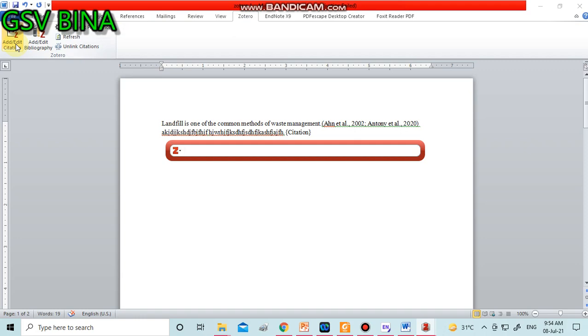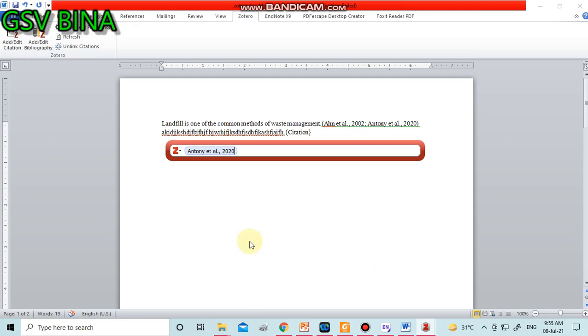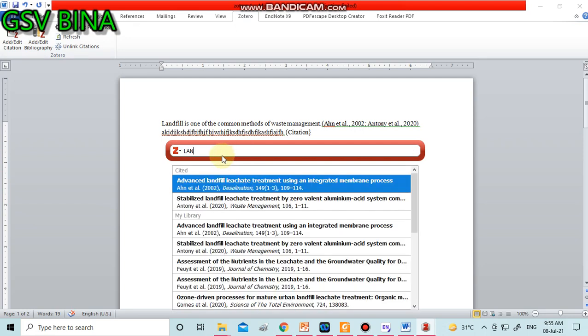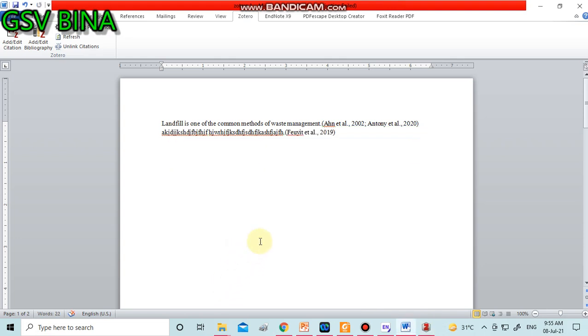Now you can add another keyword, advanced. Now this one, stabilizing landfill leachates, I am just selecting this one. By this you can add different citations while you are writing literature.